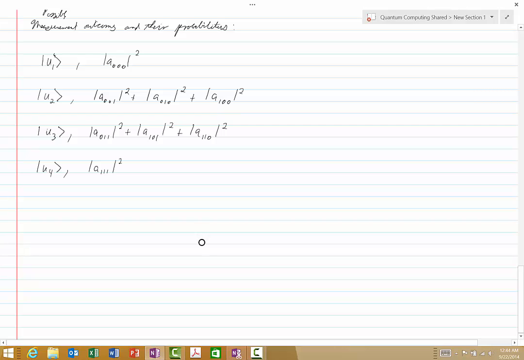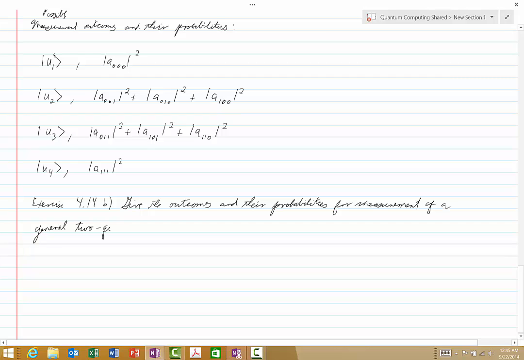Okay, the last exercise that I'd like to discuss in this lecture is exercise 4.14b, in which we're asked to give the outcomes and their probabilities for measurement of a general 2-qubit state C